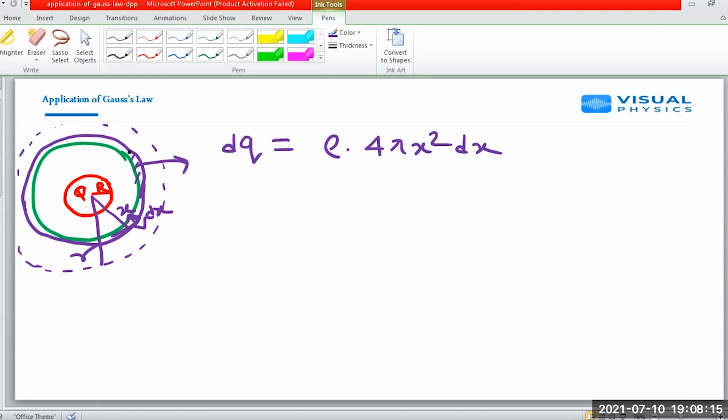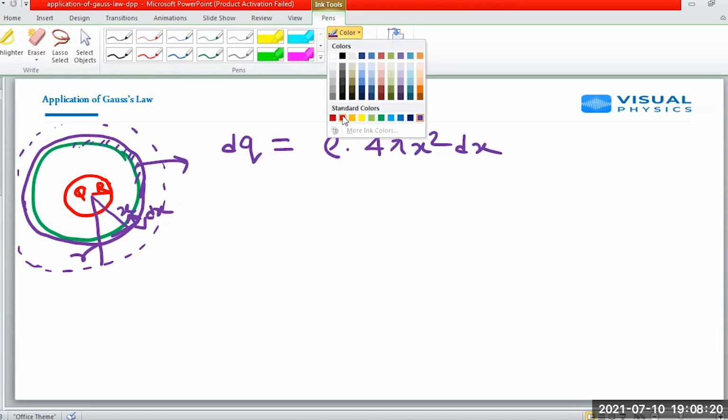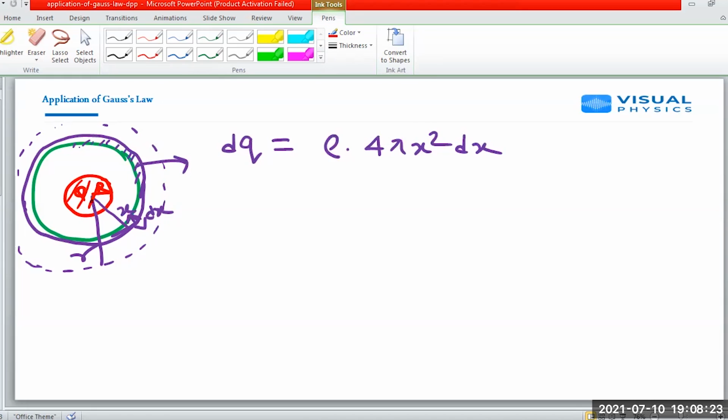This much charge is present in this much amount. So total charge surrounding this sphere up to distance r would be Q = 4 pi alpha, from capital R to small r. Why capital R? Because up to capital R, it is already given that a charge capital Q is there. So from this limit to this limit, capital R to r, 4 pi alpha, and we know already what it is given.